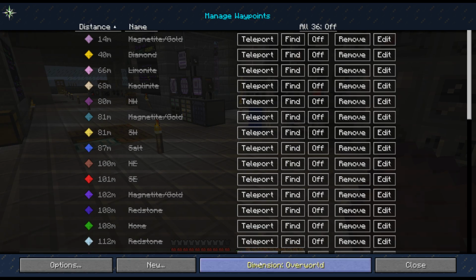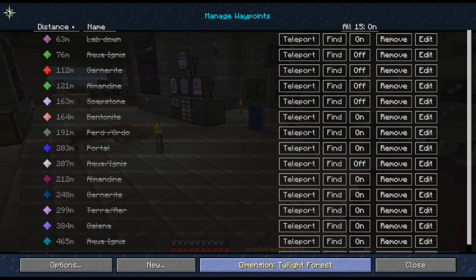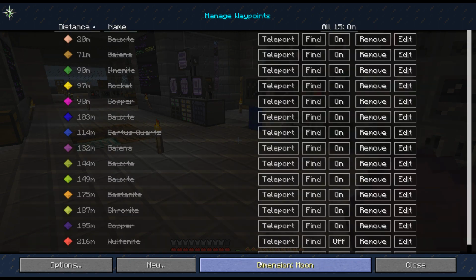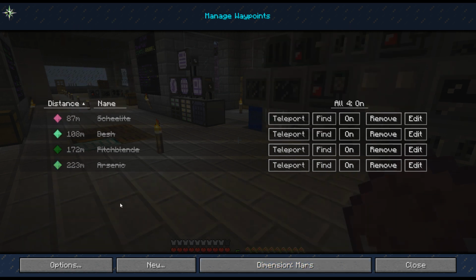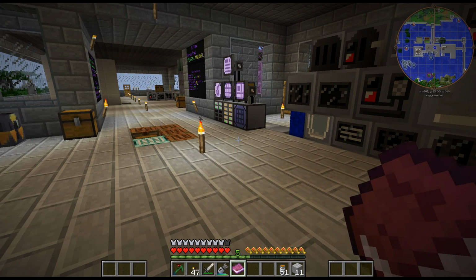I have a couple of them. There was a lot of iron and things, but I put scheelite, dash, there was a pitch blend I found, and an arsenic vein. I don't know if arsenic is...